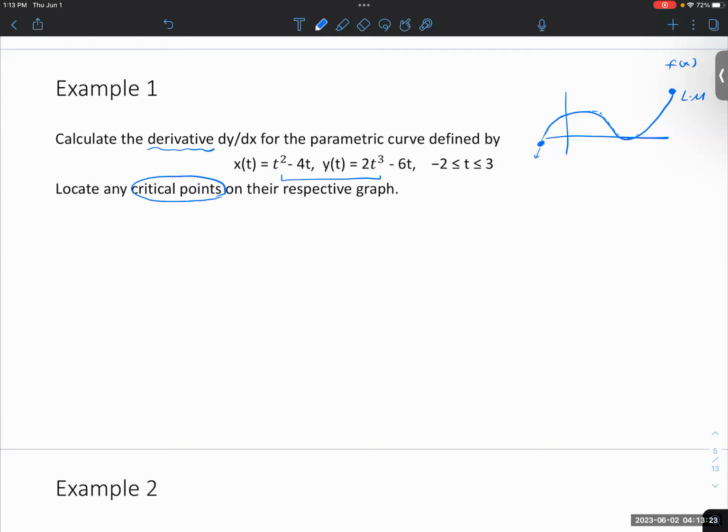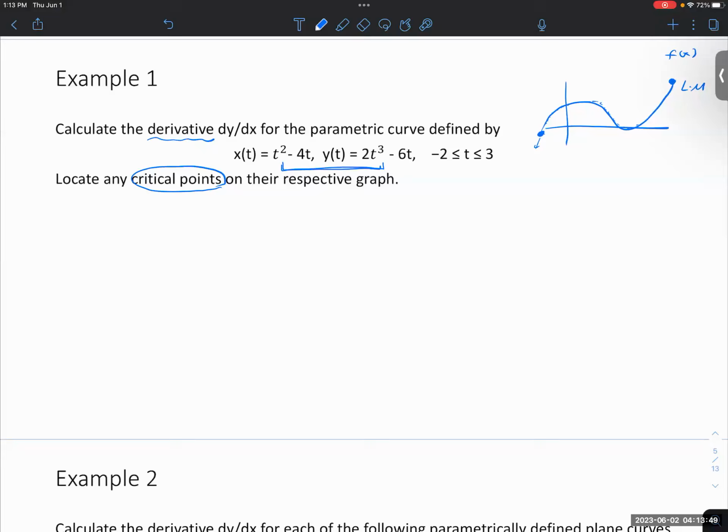So we're going to think about it here. The goal is to find the critical points of this parametric equation, correct? In these two functions, they create a parametric equation. There's going to be a maximum or minimum point. First, let's find the slope of the parametric equation. So by taking dy over dx,